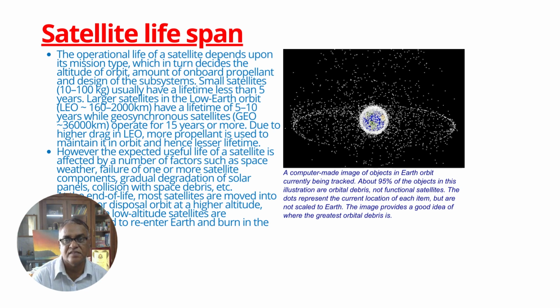As we have seen, there are three different orbits: LEO, MEO, and GEO. The low Earth orbits will have a lifetime of less than 5 years, MEO satellites will have a lifetime ranging from 5 to 10 years, while the GEO satellites will have a lifespan of more than 15 years. However, there are so many thousands of satellites still lying in the orbits, which are known as orbital